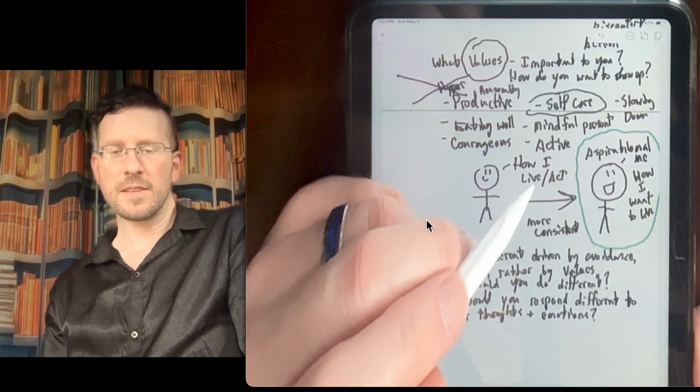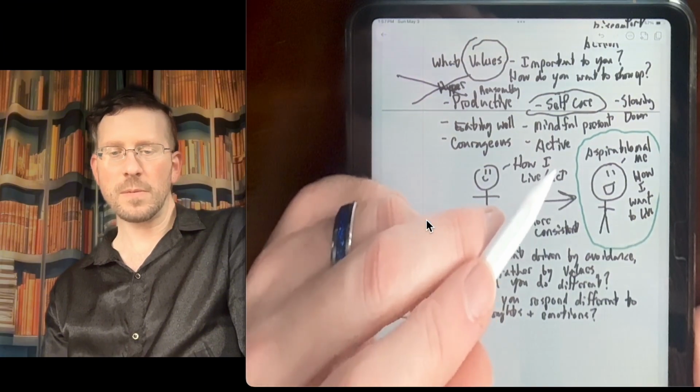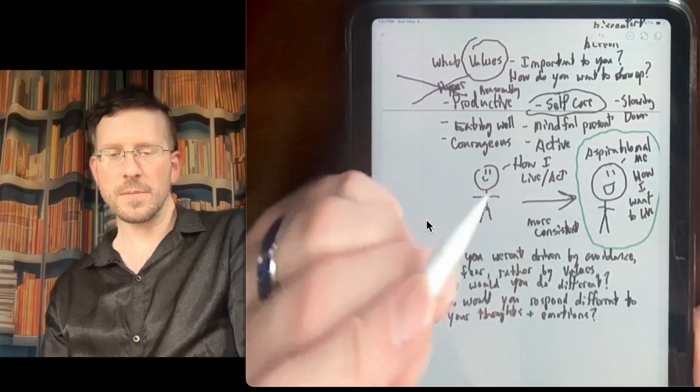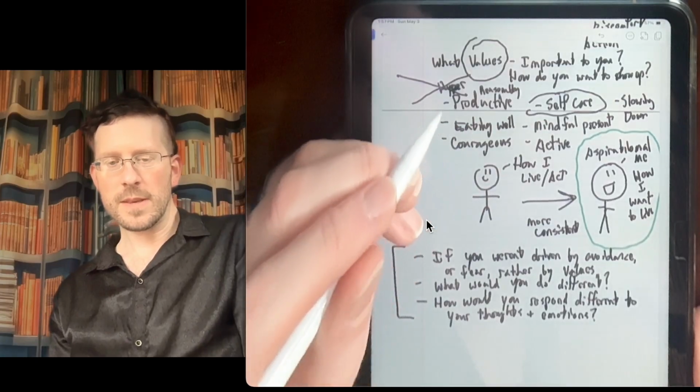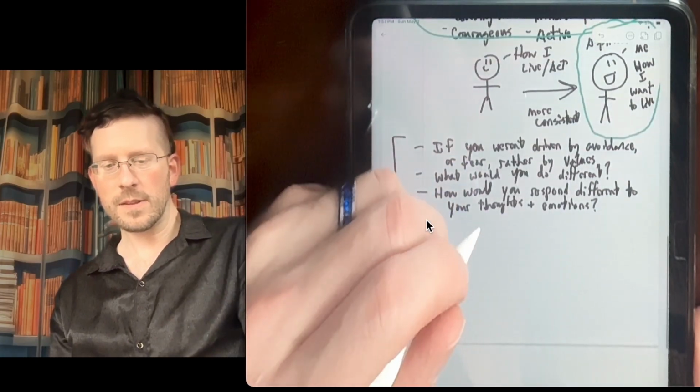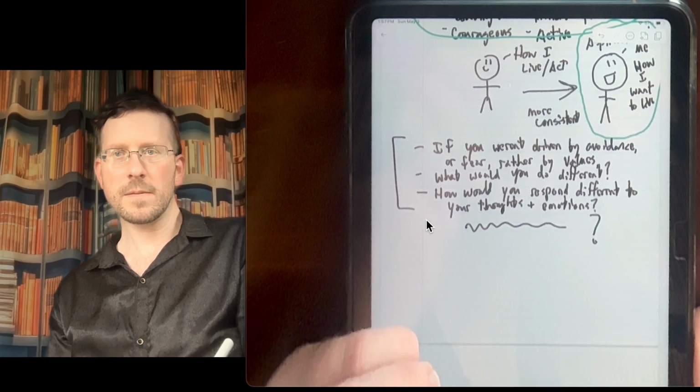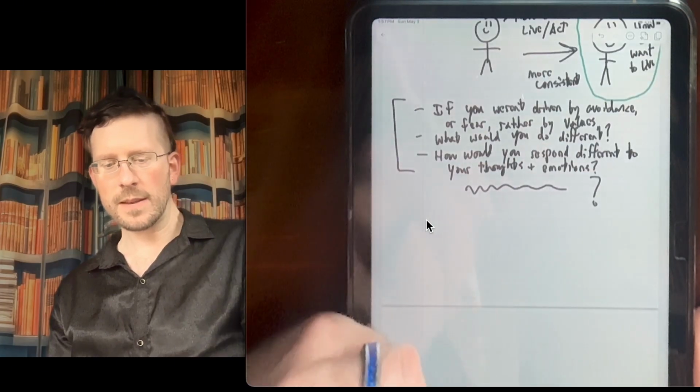And I want to be an active person. Maybe I want to get out and move. Maybe I want to get out and see some people or do something. What would it look like to be doing this? Write it out here. What would that look like? So think about that. And then we're going to apply some of the ACT tools to this.